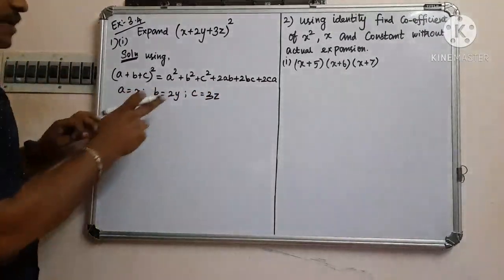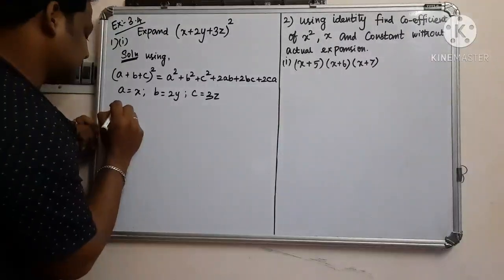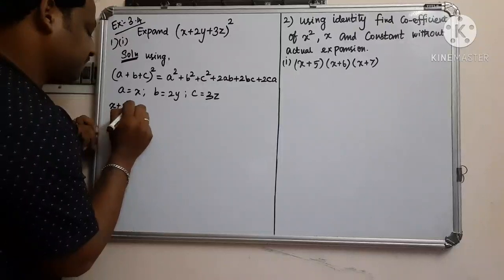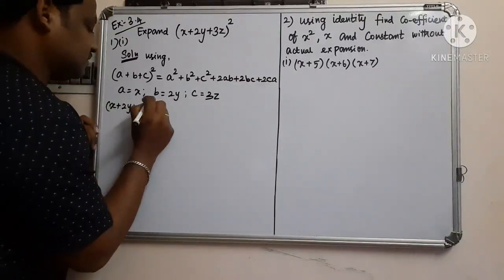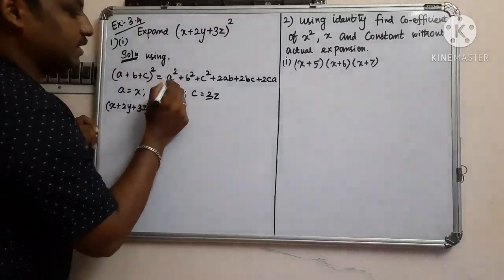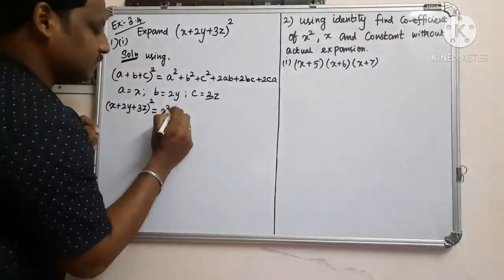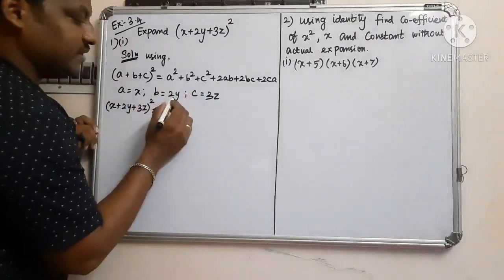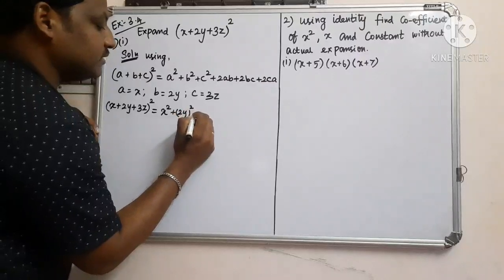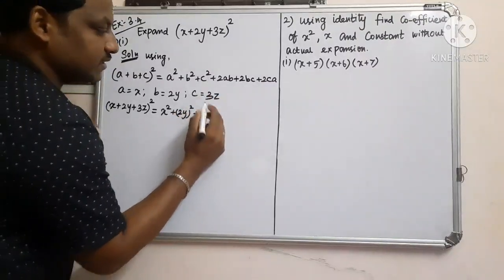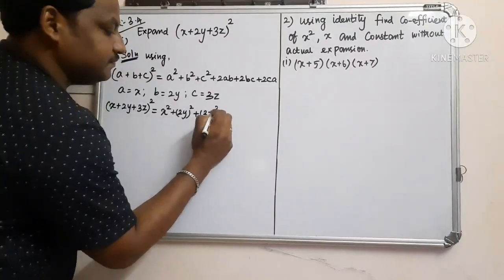So instead of a, b, c, we have to substitute the values. x plus 2y plus 3z the whole square is equal to: instead of a, we substitute x, so x square, plus instead of b we substitute 2y, so 2y the whole square, plus c square, which means we substitute the value 3z the whole square,